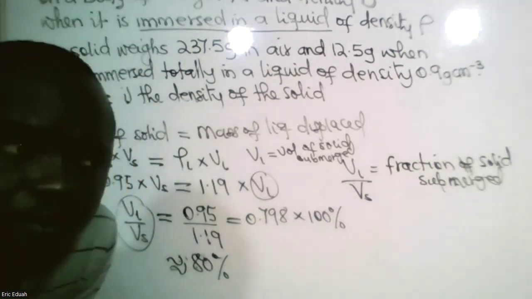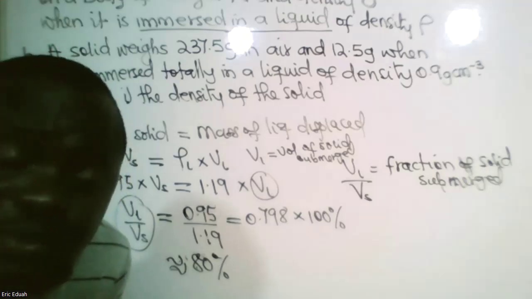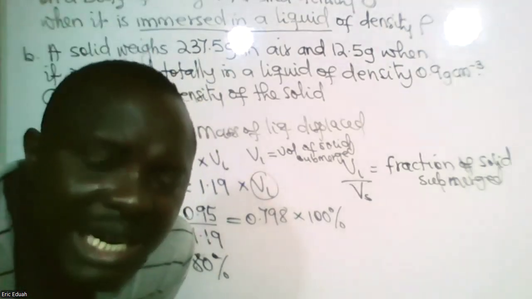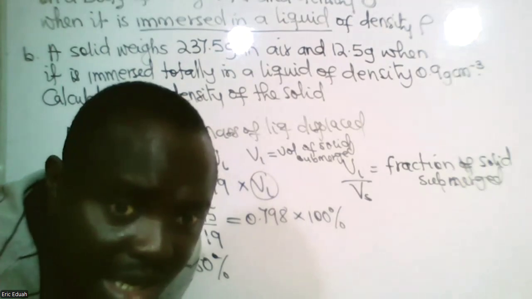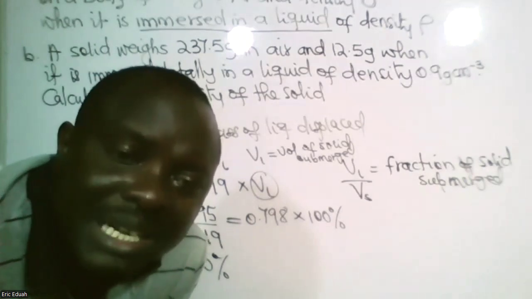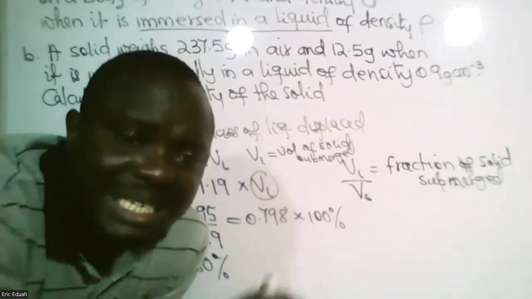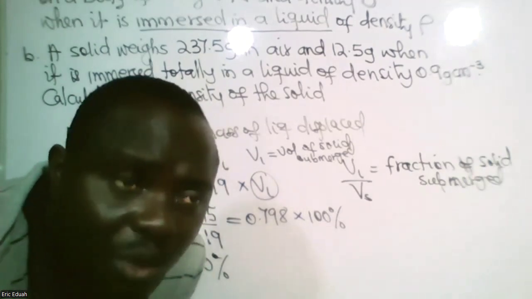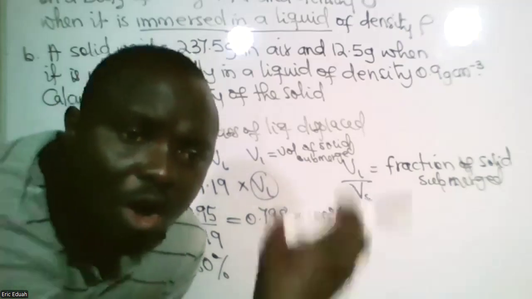You see, this is how we can always calculate the fraction of iceberg. You know, whenever you drop ice in water, greater percentage of it is under the water. Okay, submerges. Hence the good old saying that what you see is just the tip of the iceberg. Meaning, if you see an iceberg, a greater percentage is under the sea. How? When ice floats, almost more than 80% of the volume is always hidden.